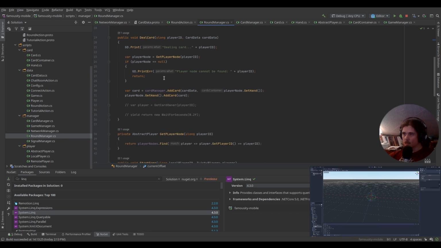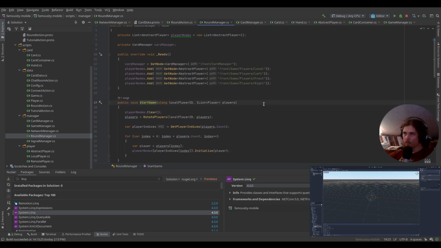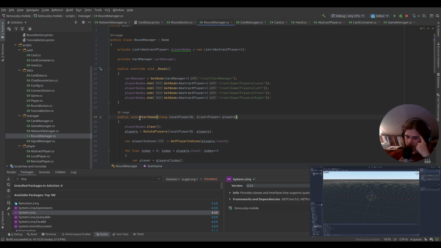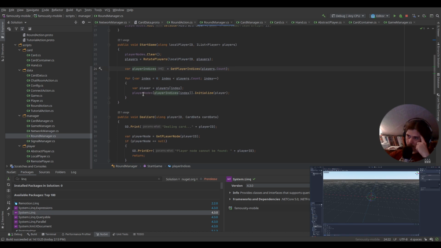So let's move this a little bit more up so it's based on the logic of the flow. So when we receive a start game, we will initialize our player nodes, which means we will order our players, so the local player is the first one in here. Then we will get the indices, and then we will